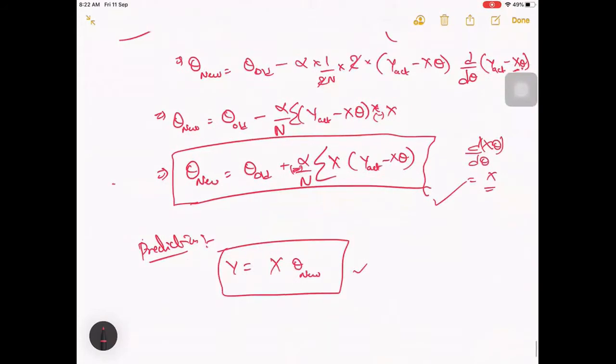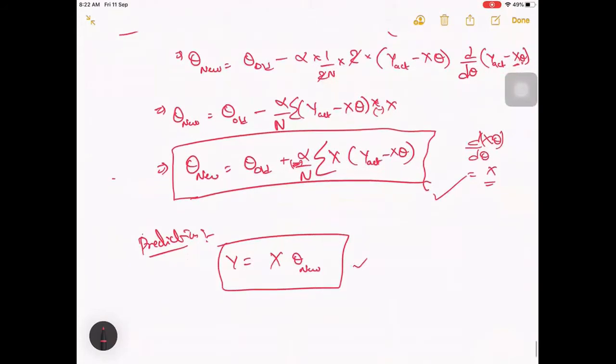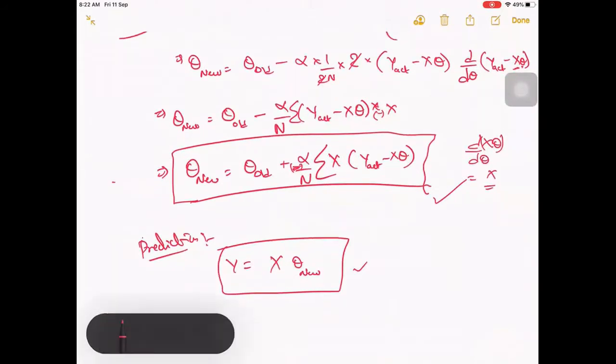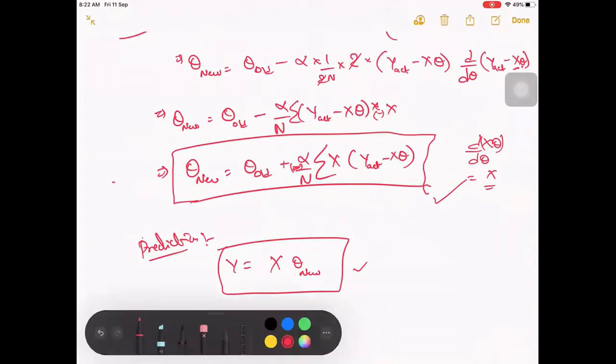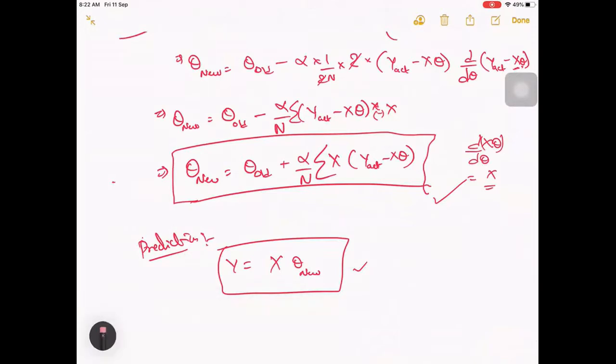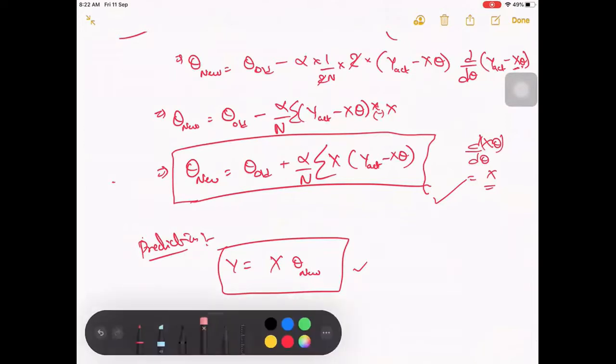So let's jump to coding and then see. I am a little concerned about this minus here. Will it be minus or plus? I'll look at it, and let's come back here and correct it when we need. Okay, so now let's switch to Jupyter and try to code this.